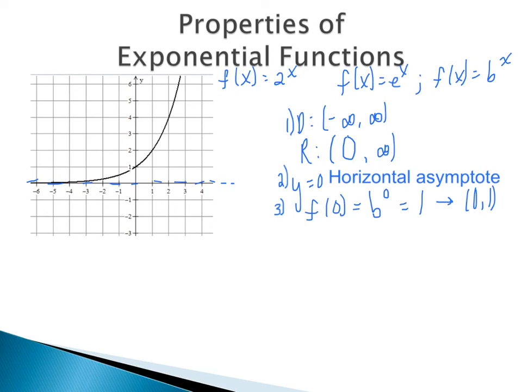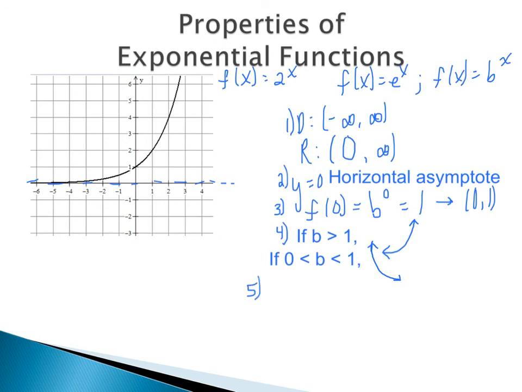If b is greater than 1, the graph of the exponential function is going to be shooting up. So like we had here, our b is 2. So 2 is greater than 1, so the graph shoots up. It's considered to be an exponential growth function. If our graph is facing downward, that means that our value of b is between 0 and 1, so something like 1/2 to the x would have that sort of shape. Still going through the point (0, 1), all the other previous properties are still true.